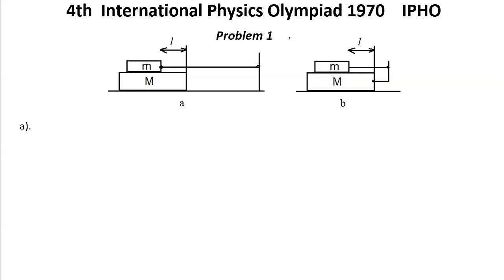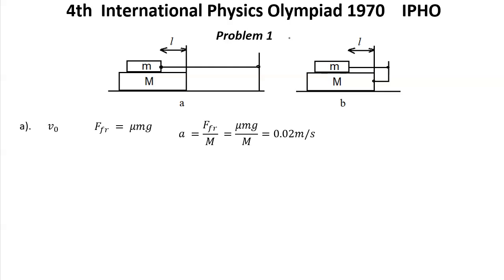Solution for problem 1, part A. By the moment of releasing the bar, the carriage has a velocity v0 relative to the table and continues to move at the same velocity. The bar, influenced by the friction force equal to mu mg from the carriage, gets an acceleration equal to the force of friction over big mass M, which is mu small mg over big M, and this is